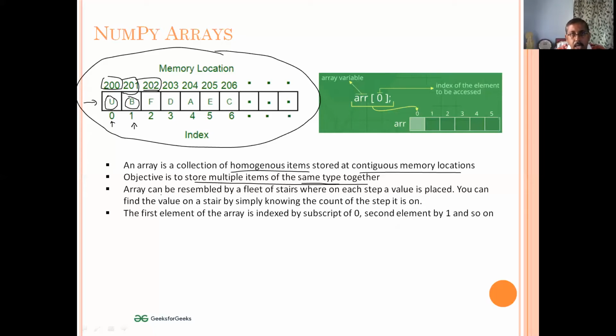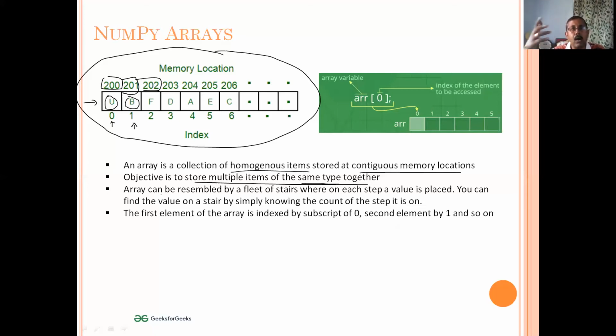So if you put in a particular value, on location 1 you put in a value, say 25. In location 2, that is the second stair, you put in a value, say 51, right? So you put in different values in different locations, which are the different stairs,